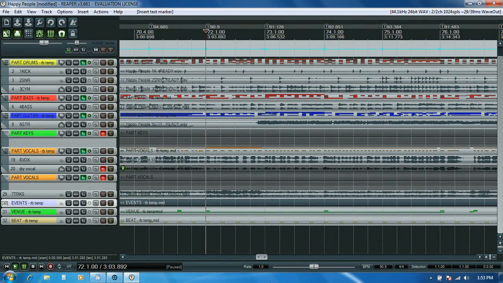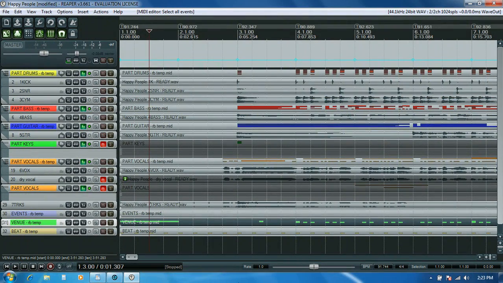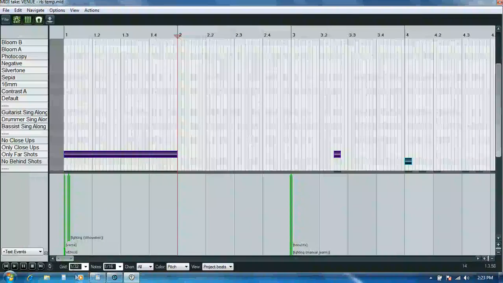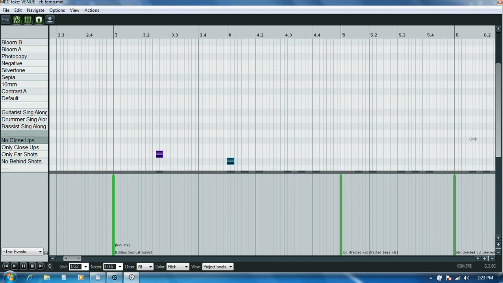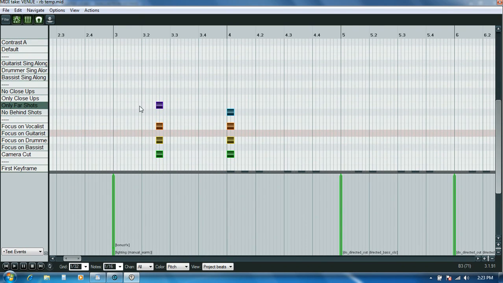Okay, so the last thing we're going to take a look at here is how to migrate any venue work that we had done under the original process so that it's ready and able to compile in Magma V2, and it'll be ready to audition in Rock Band 3. So essentially what I'd like to do is quickly show you my existing venue track